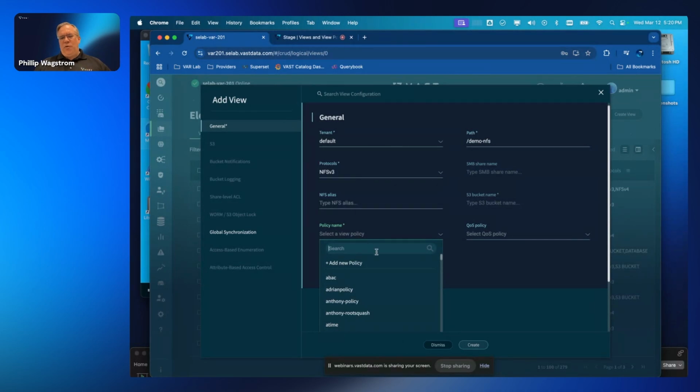So I've got a whole bunch of view policies listed in here. I'm going to find the one I want, which happens to start with demo, and I'm going to grab this demo NFS one. We're not going to set a quality of service policy for this, and we're going to create a new view. Now, before I do this,